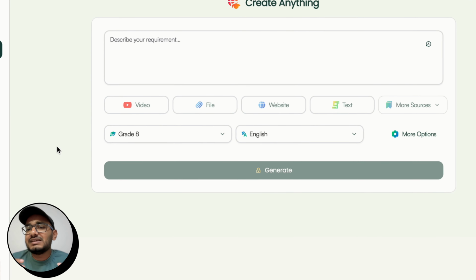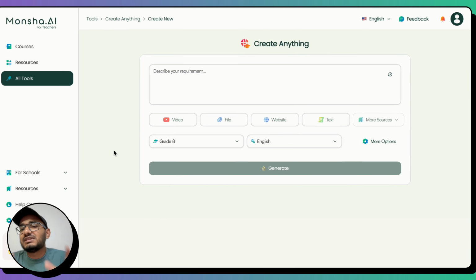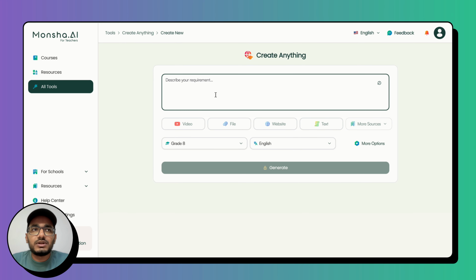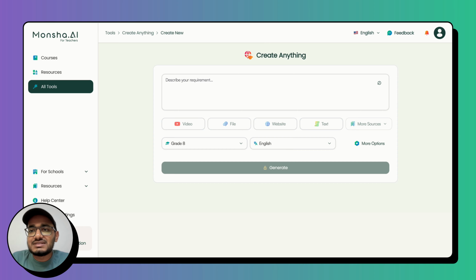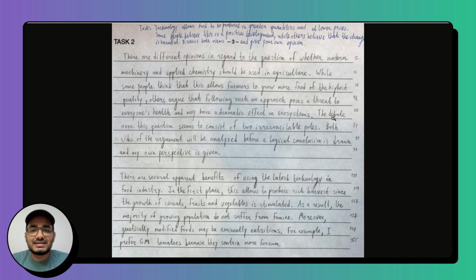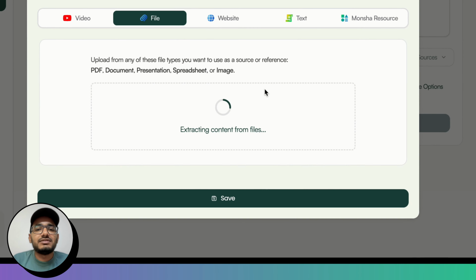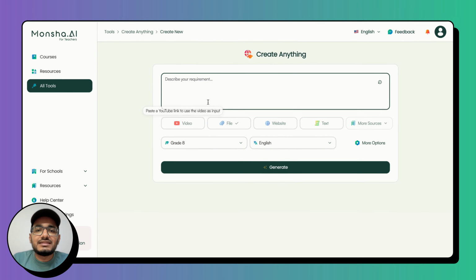You can actually be very ambitious about it. You can try different things. Don't bother about what you can do or can't do. So for example, maybe I want to upload an essay. This is an essay submitted by a student, a handwritten essay. I've just taken a picture, and then I want to create feedback on it. So I can click on file, I can upload the picture with the handwritten essay, save, and then just type in